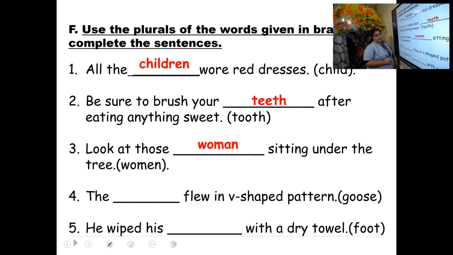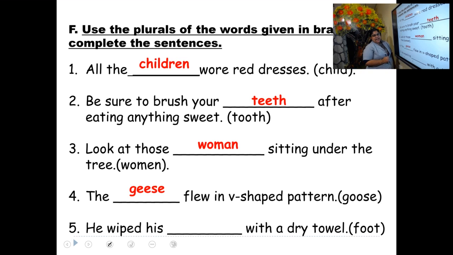Yes, Amy, what's the plural of goose? Yes, that also you have seen. Geese, right? Spelling of goose, double O. You want to change that double O. O is a vowel, so what do you do here? Yes, double E is added. And what's the spelling? G-E-E-S-E. Goose, plural is geese.